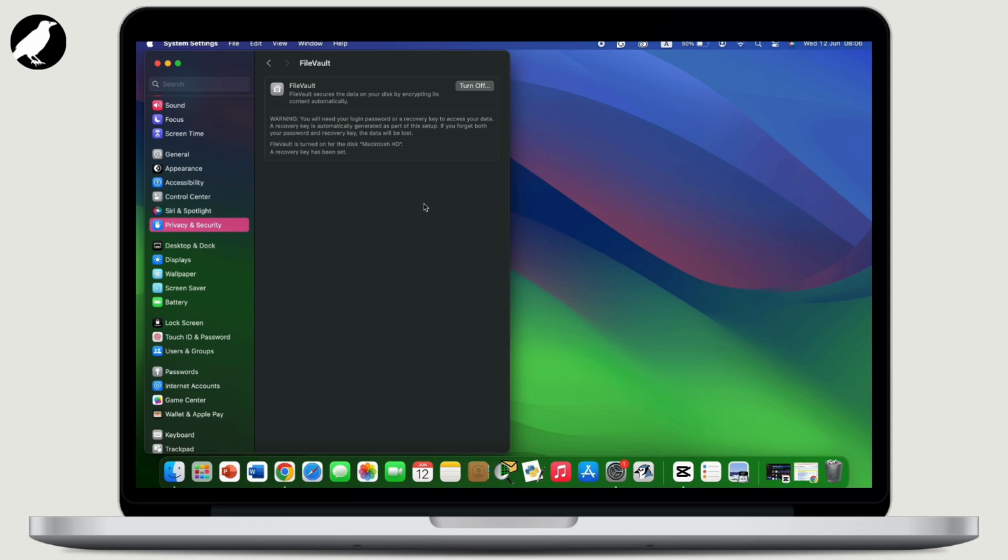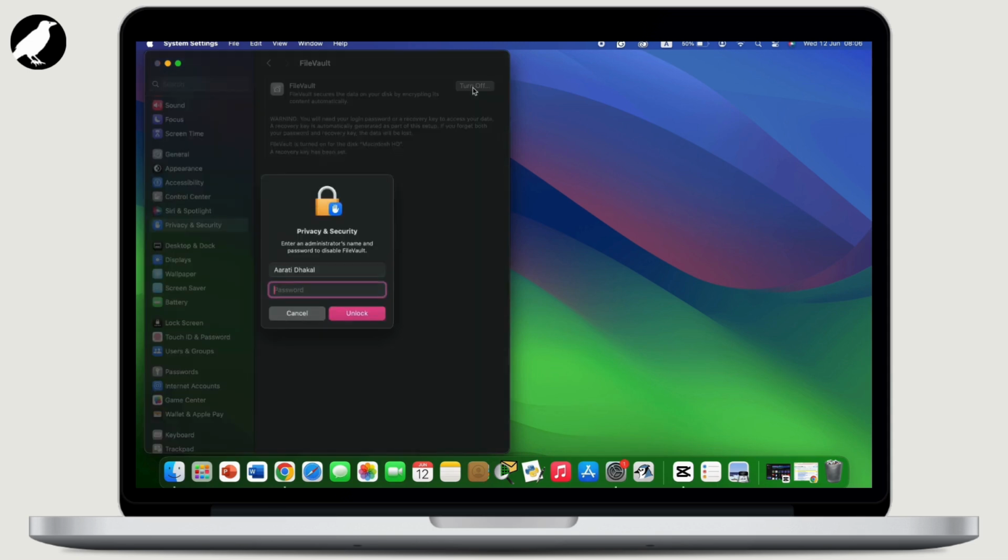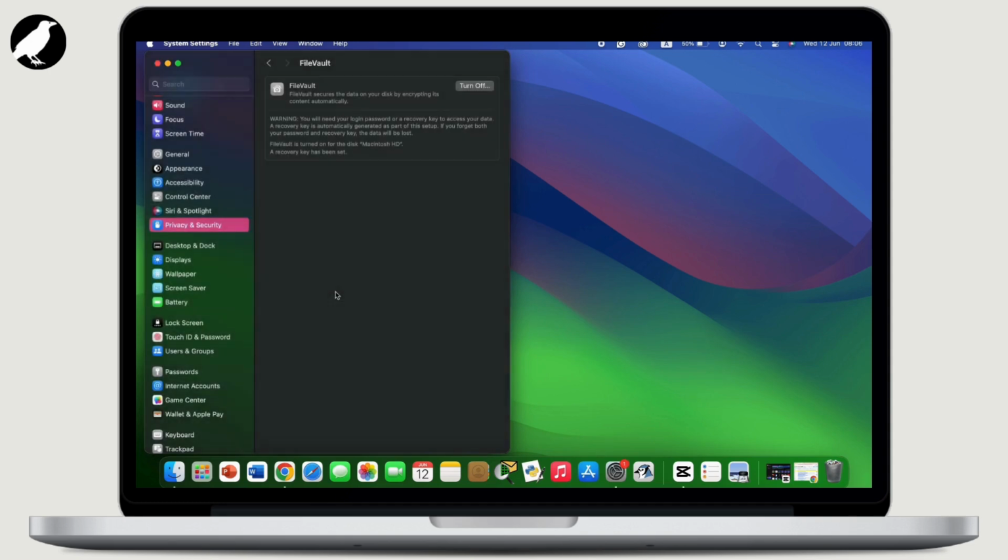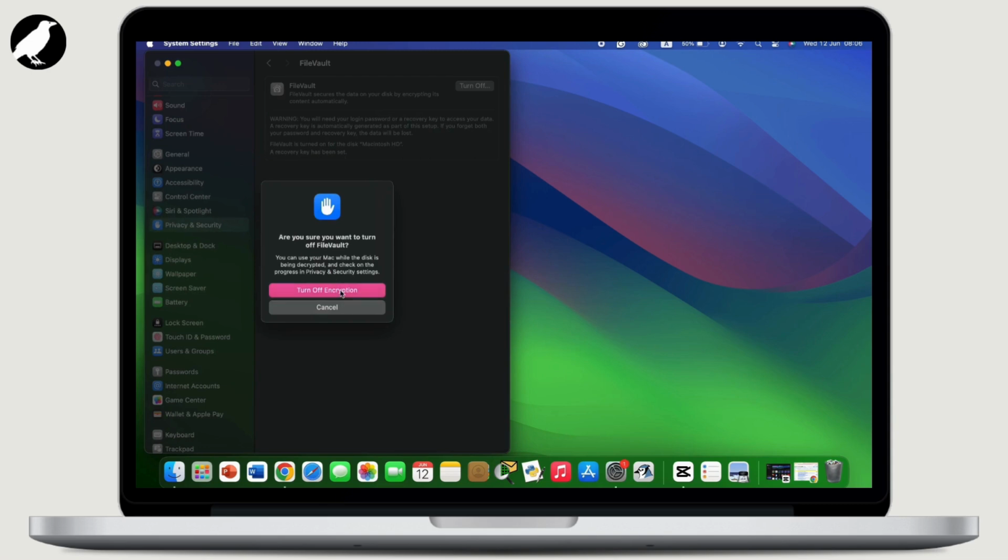Make sure to turn this off. Tap on the Turn Off option available there. You will have to enter your Mac password and continue with the process. Now once it is turned off,